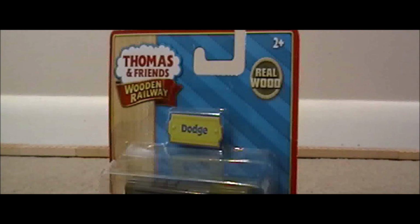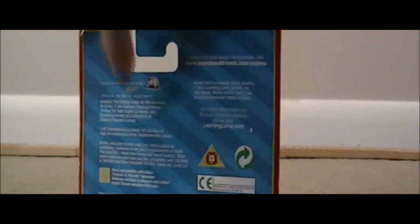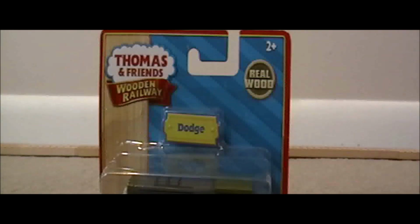Usually I wait a little bit until the afternoon or night, and if I want to buy a lot of eBay items, I'll buy them that night. But it was early morning. I said, oh, I'm getting this, so I purchased it right there. And it did have a best offer, but there were a lot of competing offers. And the seller had a bulk of them, so you can choose a quantity of 1, 2, 3, 4, 5. Well, I chose one. I kind of regret that now. I would have wanted to keep one in the box and taken one out, but I just spoiled it right there. I'm going to take this out. And I know that's going to upset some people, but